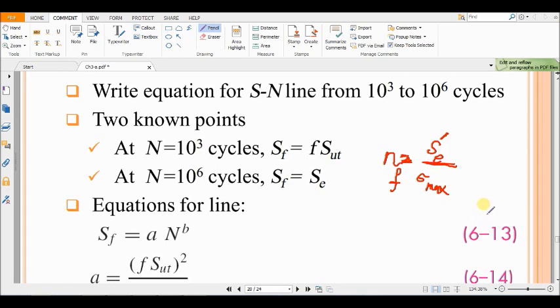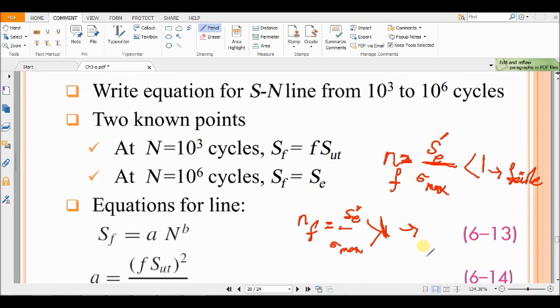If sigma max is greater than Se prime, then NF will be less than 1, and then you can conclude that the part will fail under fatigue failure. If NF becomes greater than 1,